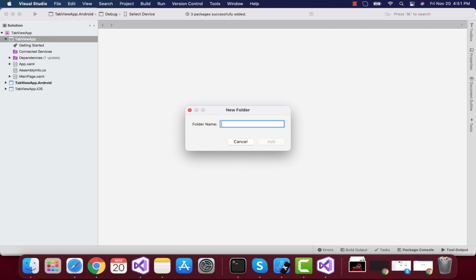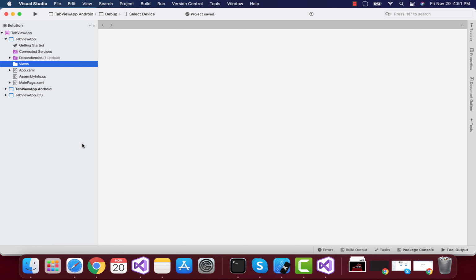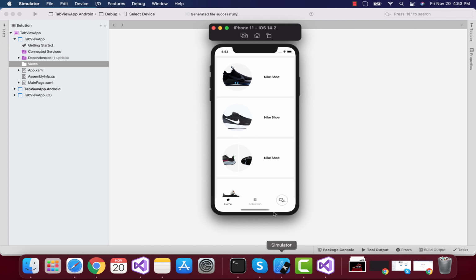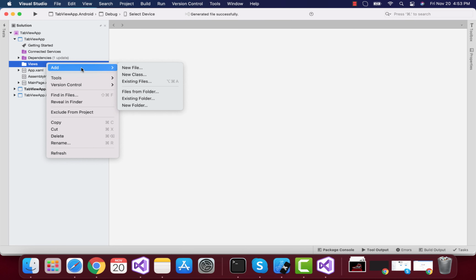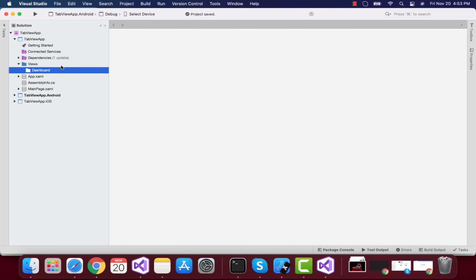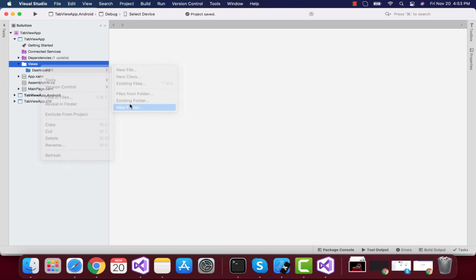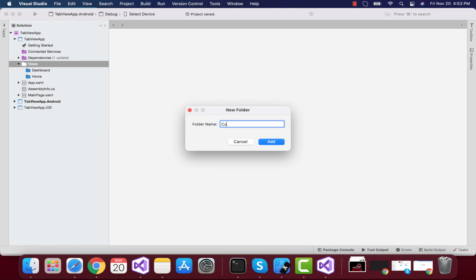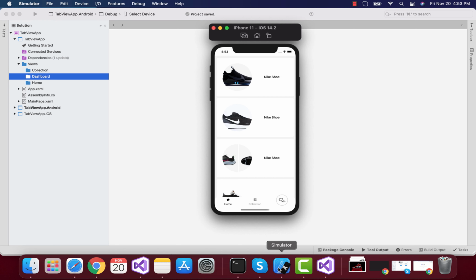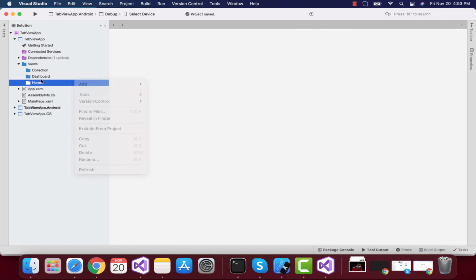Now let's create a folder named Views, and we know that Views contains all our pages. Here we have three pages: the home page, the collection page, and the dashboard page. So I'm creating three folders. You don't need to create these three folders, but to ease our work, I'm just going to make three folders, and I'll be adding two views inside our dashboard page. This is our dashboard page, which will hold our home page view as well as our collection view.